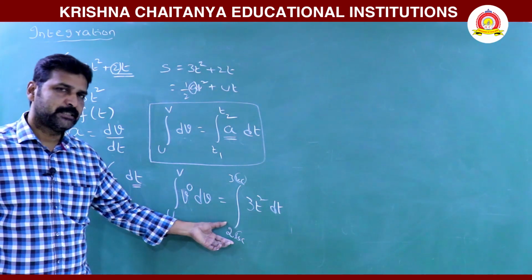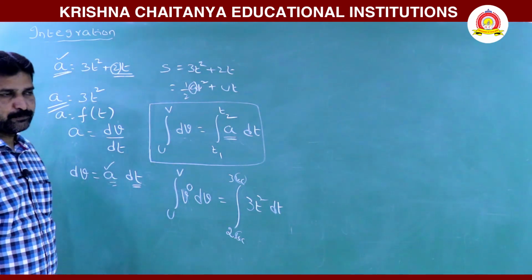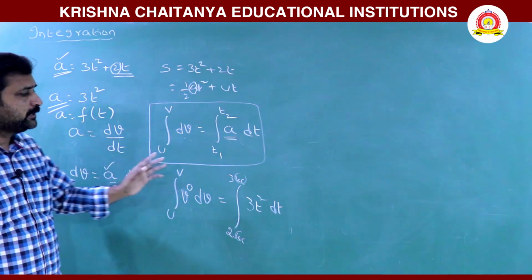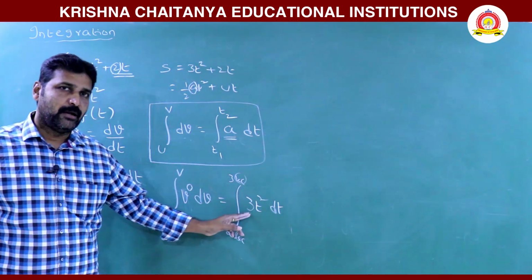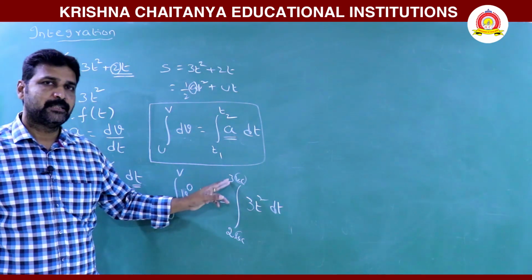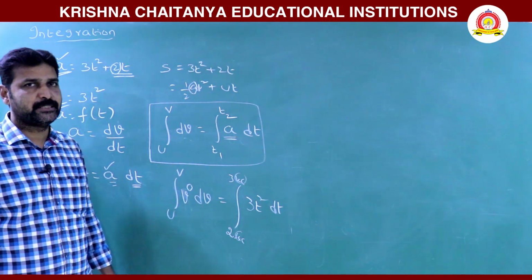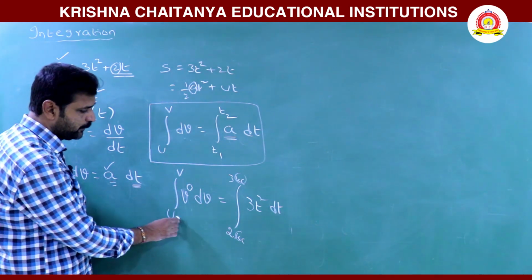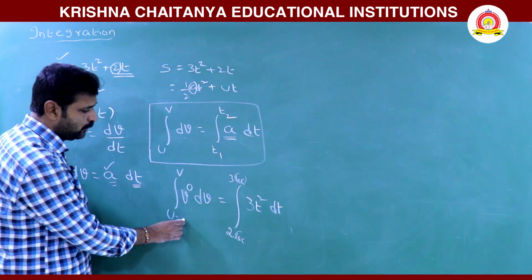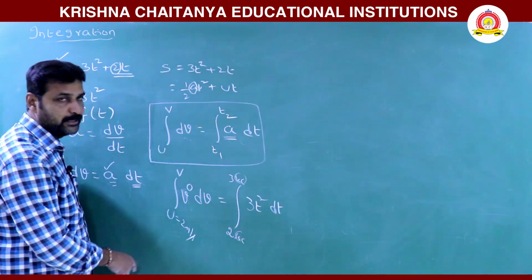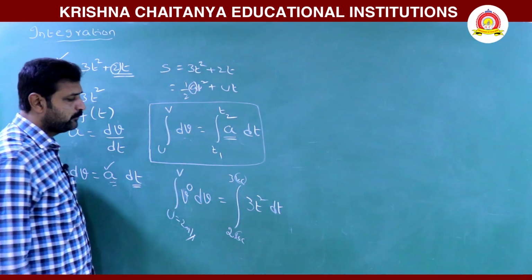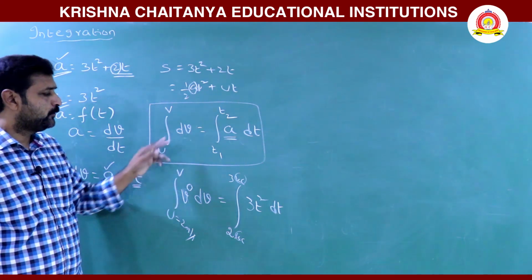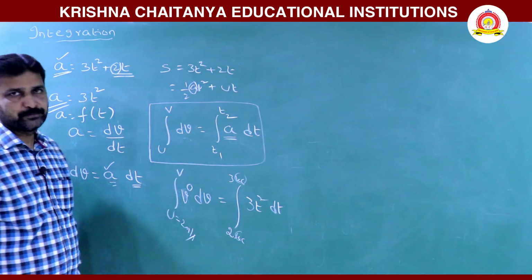When time changes, then what is the final velocity? Acceleration is varying with the time from 2 seconds to 3 seconds. Then you are asked to find out the velocity at 3 seconds, that is v. So let u be any value, say 2 meter per second, it is given. So you have to find v. First you have to do the integration. In the place of integral dv, you can write v power 0 dv also.